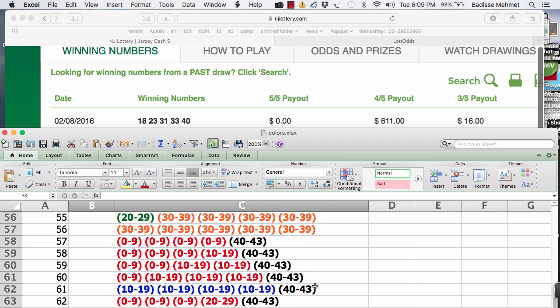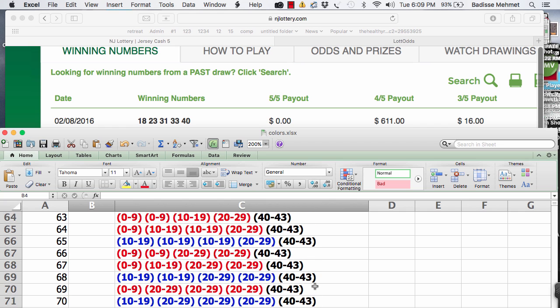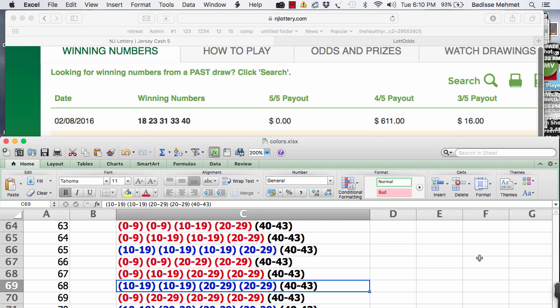a lot of these you could delete right off the bat, like this. I mean, come on, 1, 2, 3, 1, 2. Well, this is a good one: two 10s, two 20s, and one 40. So you start with this. Say, for example,